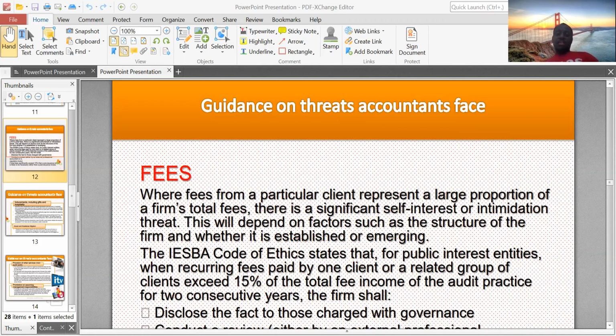So we are talking about the guidance. We talked about the ISBA code, we talked about independence issues, we talked about the threats auditors and accountants face, and then we began to dive into some situations that auditors might find themselves in, the threats that they are exposed to, and what the guidance says when it comes to those threats. So we'll be continuing today, and we'll be talking about